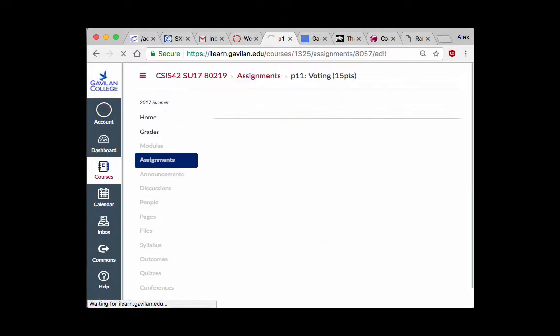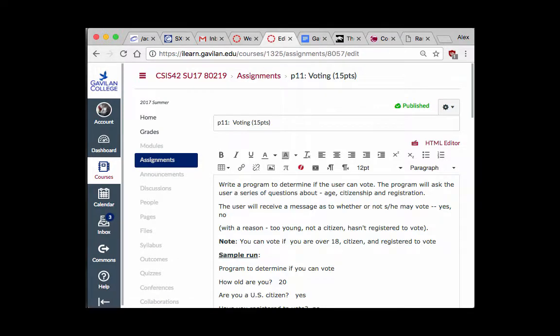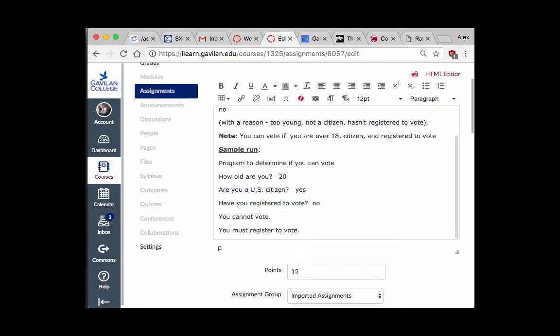Okay, so for most of these programs, what you have to do is you have to test them more than what you did already, because there's multiple ways that the program can go. You have to explore every possible way that it could go, right? So let's say first thing I will do is actually let me add some more sample runs. So the first one I would do is,